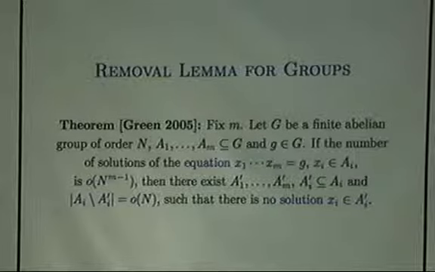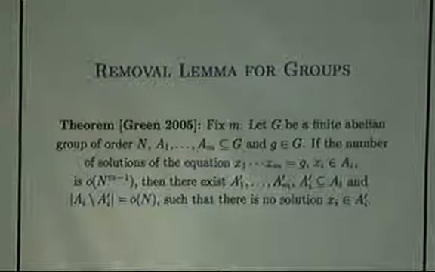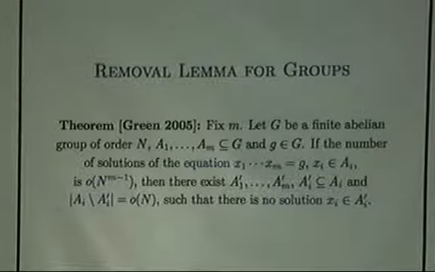And the maximum number of solutions you can hope for is n to m minus 1, because when you fix the first m minus 1 variables, there is always a choice for the last one, assuming that all the sets would be equal to all the elements of the group. So the maximum number of solutions, if unrestricted, of this equation is n to m minus 1, because once you fix m minus 1 of the variables arbitrarily, there is a unique choice for the